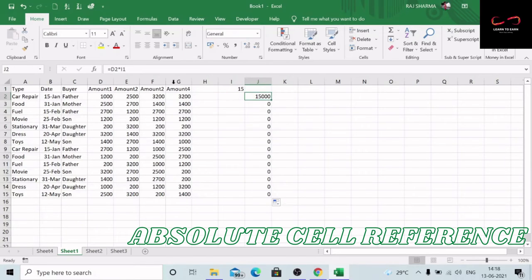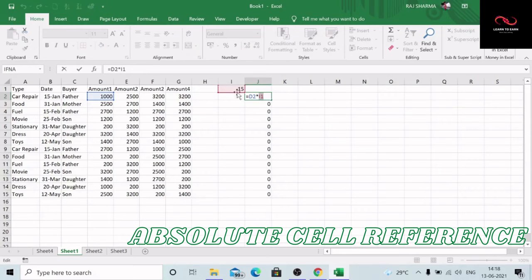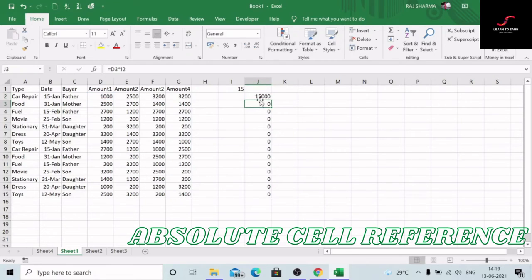For that, select the cell for which you wish to fix the absolute value, and then press F4. And you can see the dollar sign has come in between both the column reference and the row number. And then enter. Now this cell is an absolute reference, and when you drag it, you will find all the values correct.